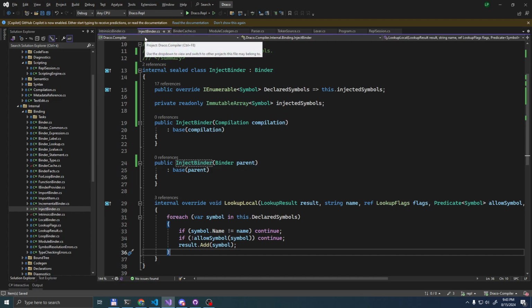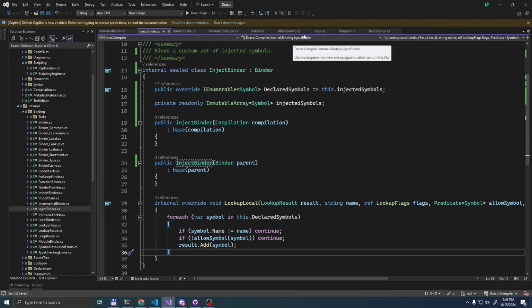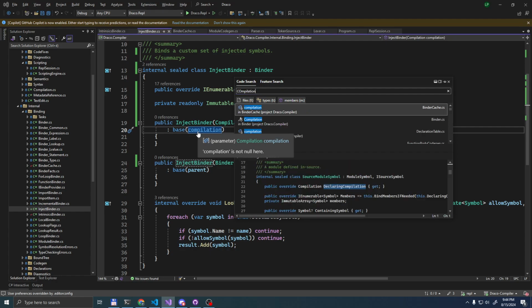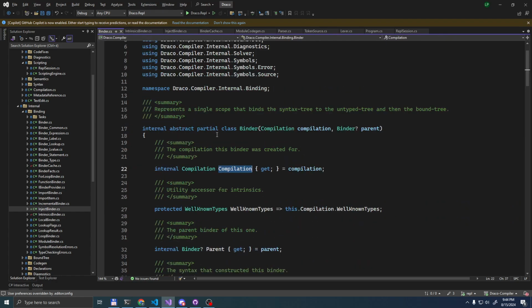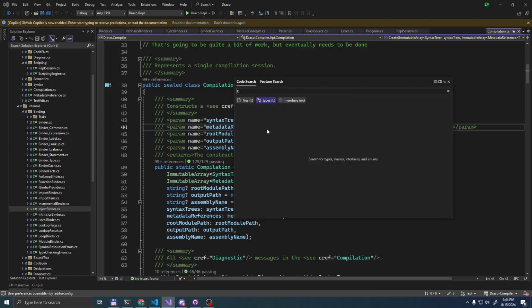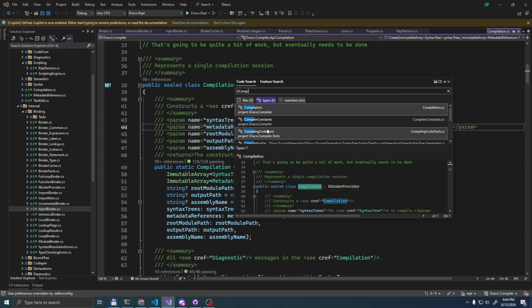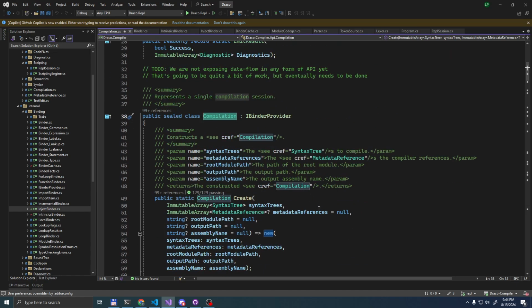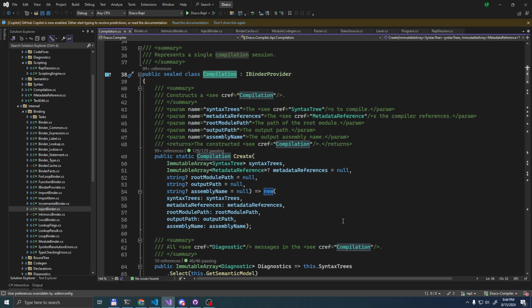Okay. In that case, let's do something with the compilation itself. Let's try to navigate to the type. So actually, let me try something. Can I do t:\compilation? Oh yes, okay. So I have a way to search the type directly. That's nice to know because I use this shortcut a lot.